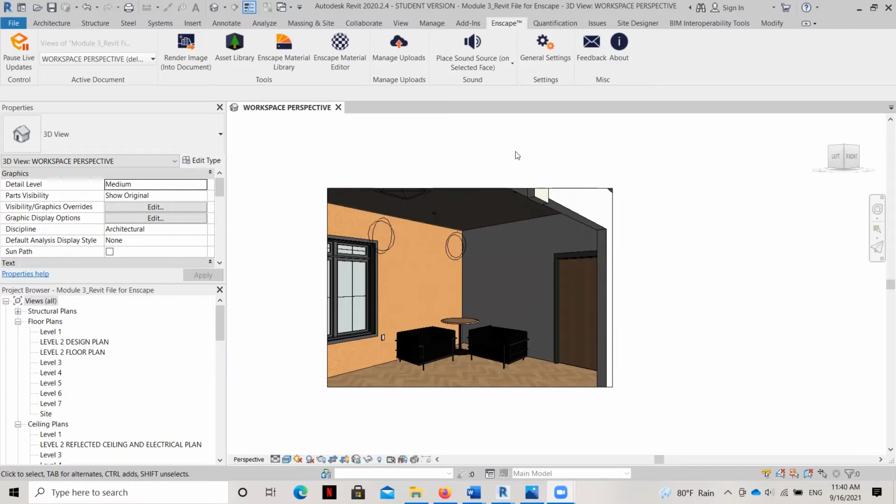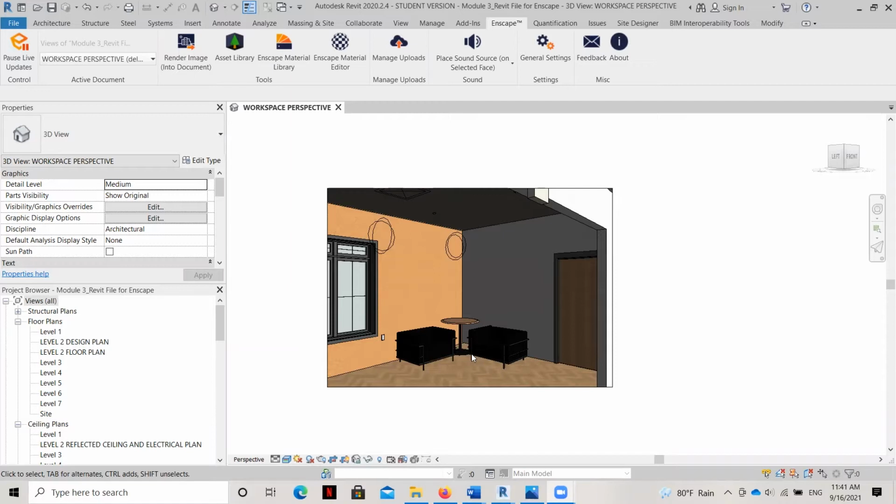We've got our Enscape plugin ready to go though. So as soon as we're ready to see a realistic rendering of how this space will look, all we have to do is push our button up here. But for right now, we have to set a work plane. Now, when you are placing Enscape assets, or you might hear me say family because I'm still trying to learn the new terminology, but when you are placing Enscape assets, you have to set the work plane first where you want the assets to go.